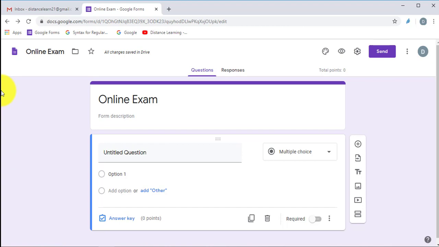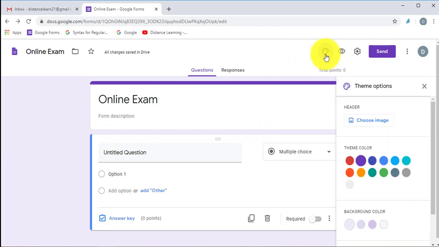Now we shall start creating the online quiz by adding the questions. So for that first we want to include the header. Header in the sense, if you are in a university, a college, or want to conduct it for a school, you want to put your logo, school name, branding, all those. So for that go to the customize theme option on the right hand side, choose image,